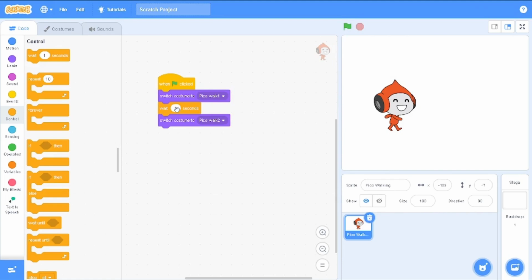So I'm going to change this from 1 second to 0.5 seconds. All right, so 0.5 seconds. Let's see. Okay, so that is a bit faster for that pace. All right. Now we want it to,